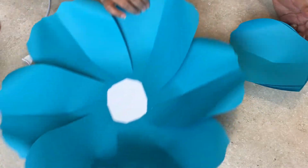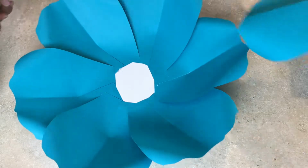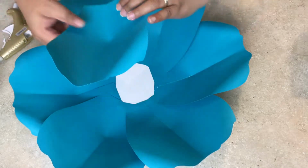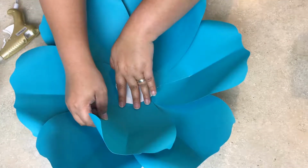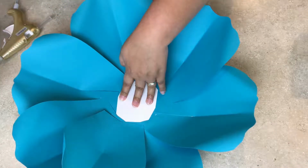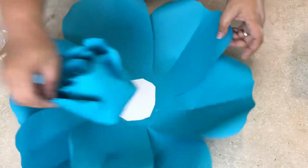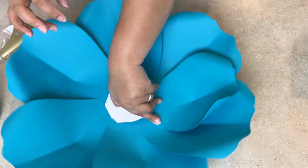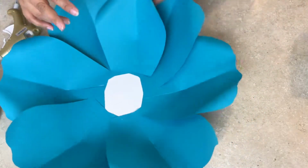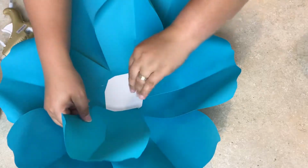So again, I want to place this one into our flower before gluing the flaps of the 2 remaining layers. So the same way, I'm gluing half of it. And as I said earlier, we are not going to move inward because we still have 2 remaining layers, and we want to keep our center with still enough space on it. So 1, and then 2,